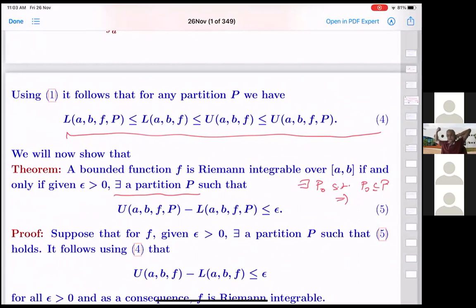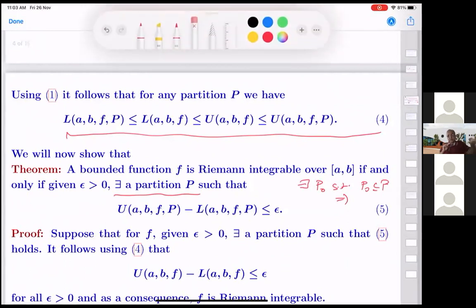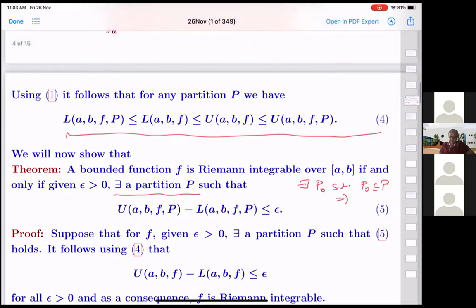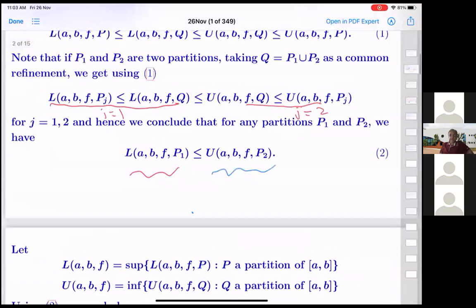Yes. So, as I said, last time I had left this notion of a partition kind of vague. I said you can take it to be the subset, you can take it to be these intervals, etc. Today I have been precise. It makes it easy to write that the partition is simply a subset.